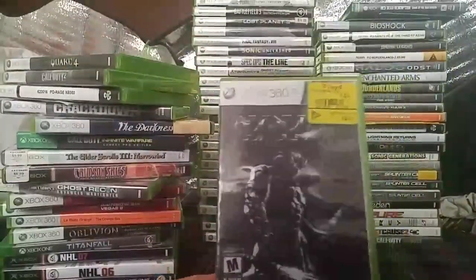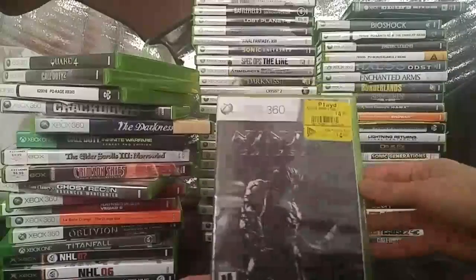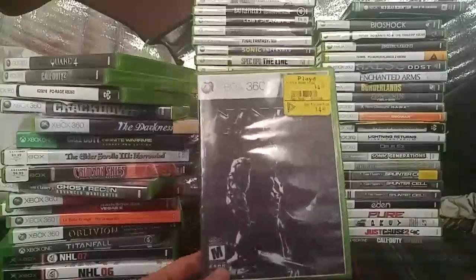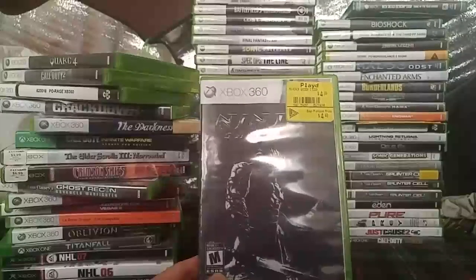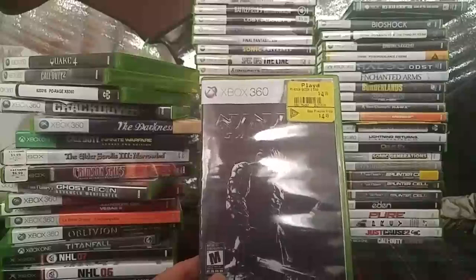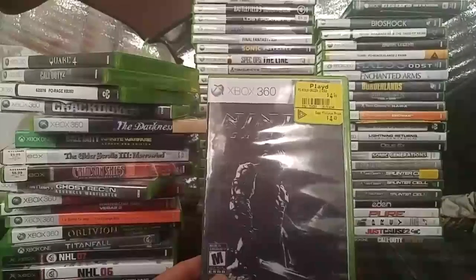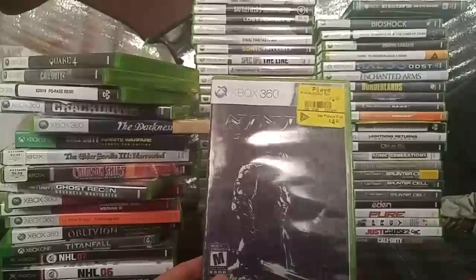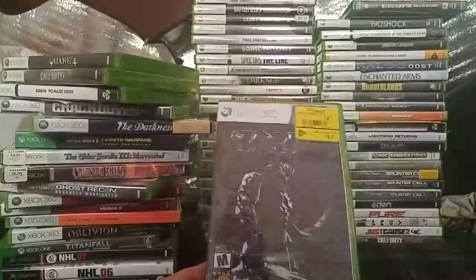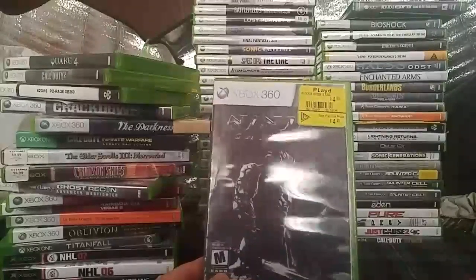Ninja Gaiden 3. Unfortunately, I actually printed off this cover myself because it didn't come with one. I bought the disc, I did not test it, and as a result, it was only months later that I found out the disc doesn't work. So luckily I paid like maybe a couple bucks for this. So I did lose a couple bucks, but still, I'm hoping that maybe someday in the future they do make